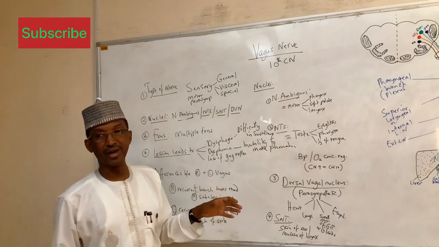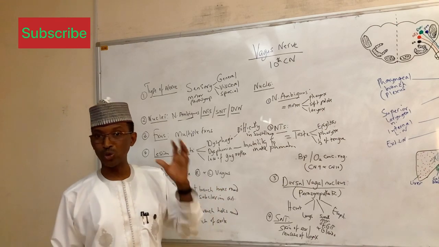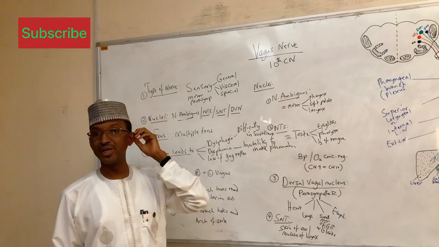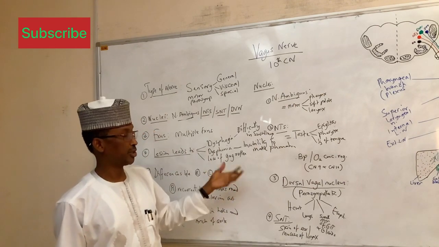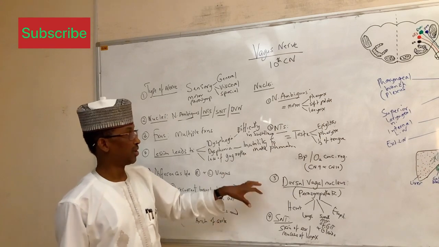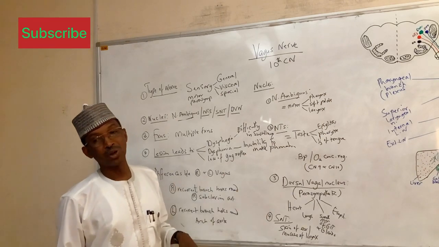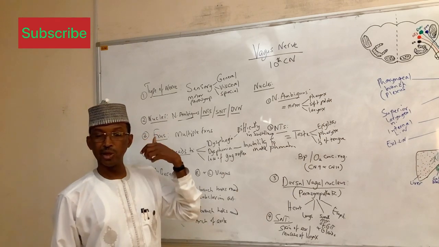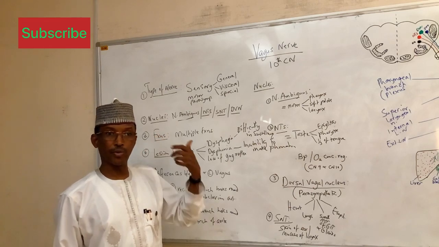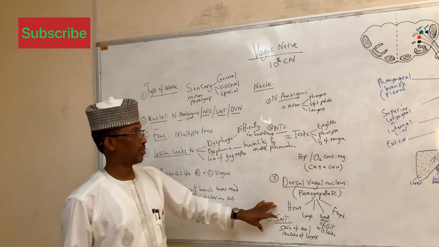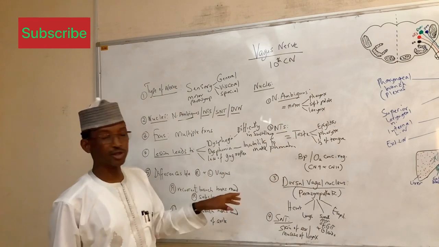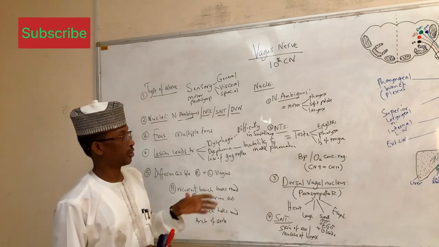If you can remember, there are various cranial nerves that also carry sensation from the ear. We talked about the spinal trigeminal nerve, and also talked about the facial nerve and so on. Similarly, the vagus nerve also carries this sensory sensation, temperature, pain and touch and so on and so forth, and carries that sensation to the spinal nucleus of the trigeminal nerve.